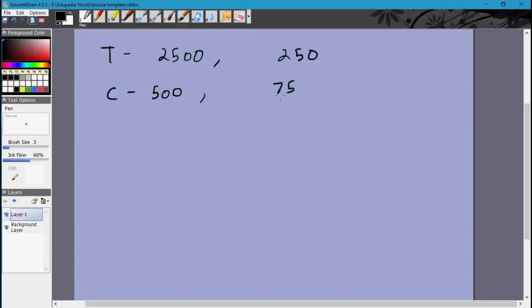rupees 75. Now the person who owns the shop has a total amount of 50,000 rupees, from which they can buy either tables or chairs. Now if they choose to buy only tables, let's say, then you have 2500 per table, 50,000 rupees, you'll be able to buy 20 tables. 20 tables, 250 rupees per table, gives you a profit of rupees 5,000. Suppose you only bought chairs, then 500 rupees for a chair means you can buy 100 chairs, and 100 chairs would give you a profit